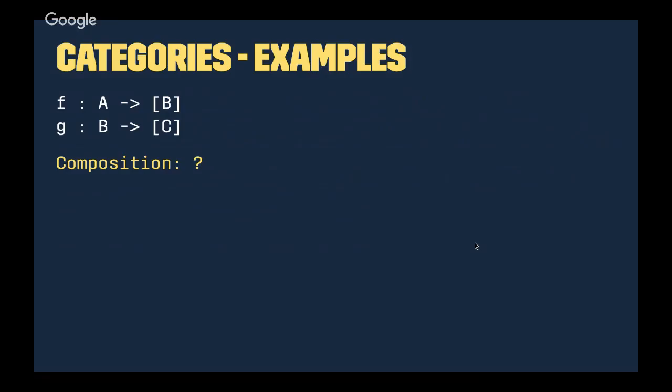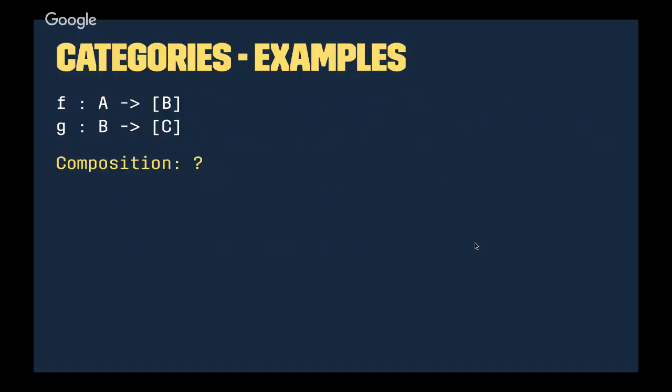To make this precise, if you have 2 different functions in this category, an f that takes in an A and gives you back a list of B's, and another function g that takes a single B and gives you back a list of C's, you have to figure out a way to wire these together. You can't just plug them up one after the other because g doesn't take lists of B's, it takes a single B. There's only one way to wire these up that really works. Anyone want to take a swing at how I could smash f and g together?